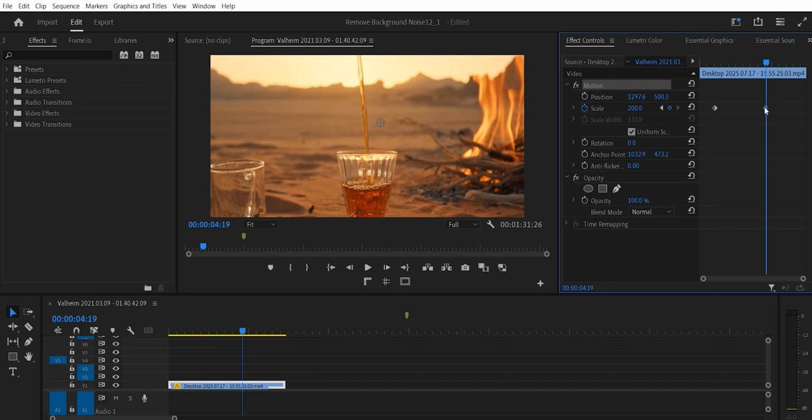If you move the keyframes closer together, this will speed up the zoom effect. And of course, if you pull them farther apart, the effect will be slowed down. Perfect, everything is ready, let's see the